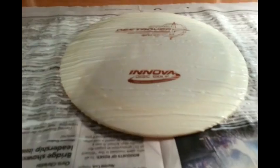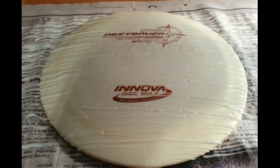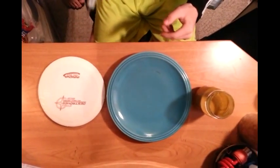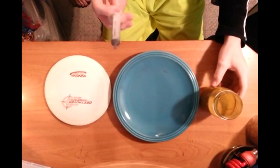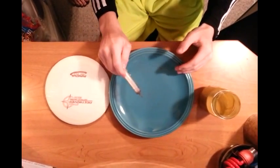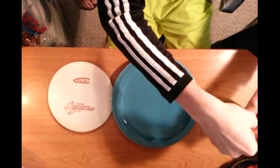And another thing, if you have a handy dandy disc fan like this, pointed at the disc, it's going to make the glue dry a lot faster. And you'll know that the glue is completely dried whenever it's clear. Alright, so the glue is done drying. You can't see it at all. That's what you want. We got our dye here. I have my syringe that I got from Walgreens for free. And I got my plate. First thing you want to do is just transfer, I'd say about 3 full syringefuls of dye